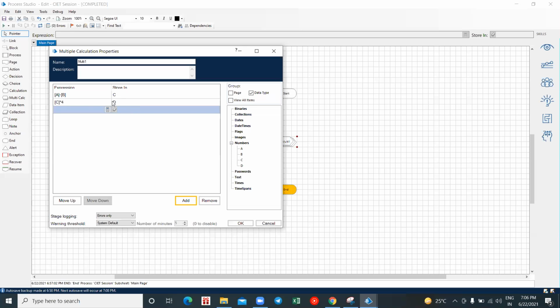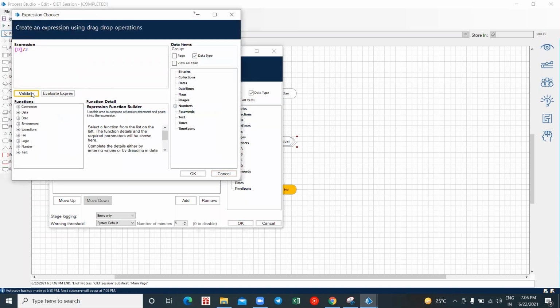Now I want this D to be divided. The same thing again, just drag your D to your expressions and give your division. Here's a division by 2. Just check your expression here. It's a valid one. Click on OK.